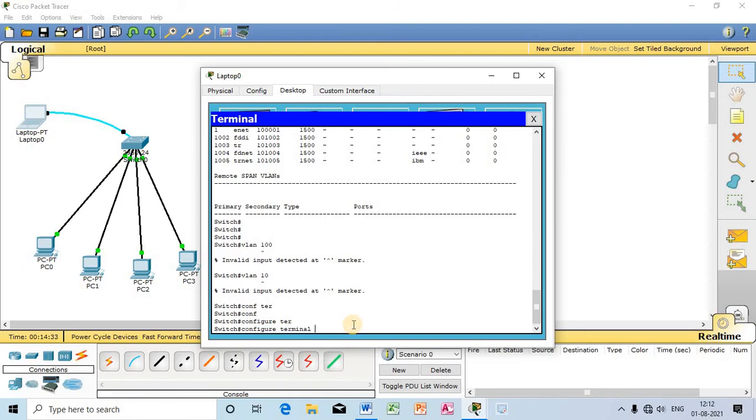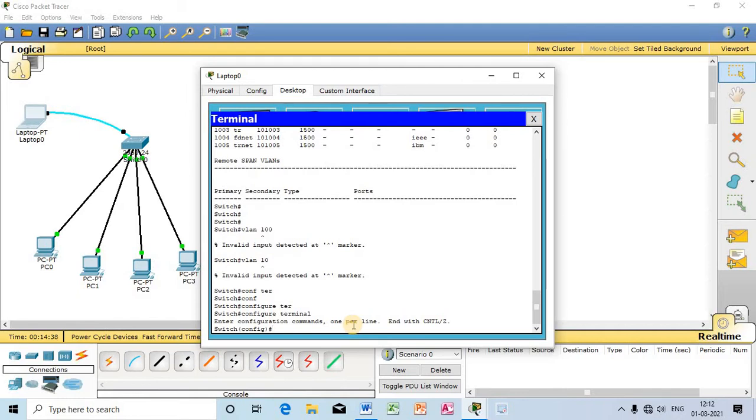This command will be used to do any configuration in the given switch. To configure the switch, you have to move into configuration mode. So now I have moved to configuration mode. I am able to configure the switch now. You can watch out that the symbol has changed. Previously the symbol was switch followed by hash.